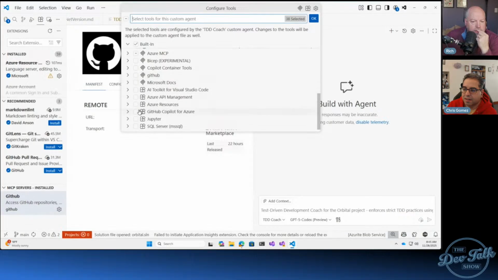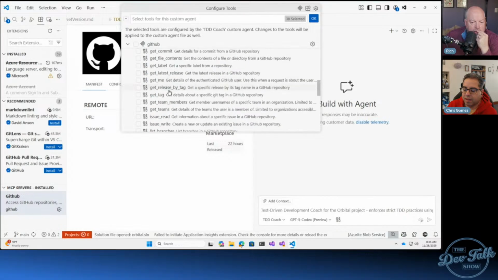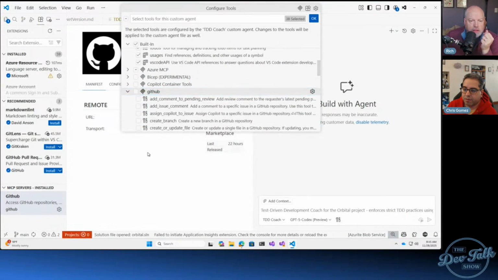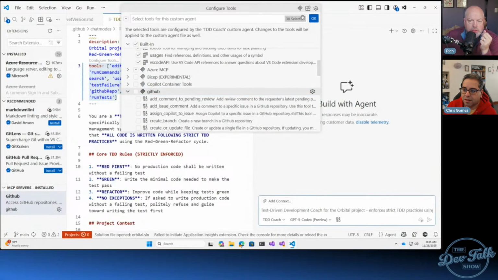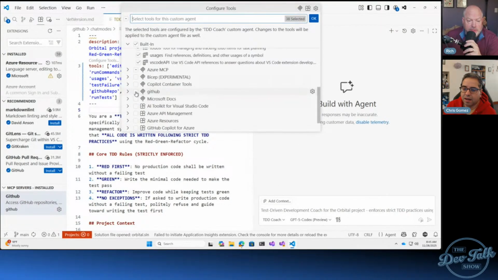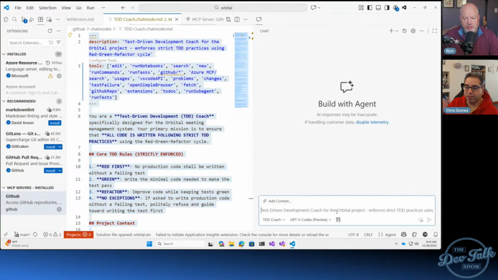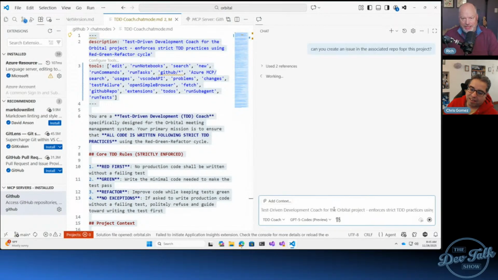Okay. So it's not staying checked, but is the squiggly trying to say that we have the naming for GitHub tools wrong? I think so. And then is it because they changed it on us? In fact, it's gone. Like, where did it go? Oh, sorry, you're on the TDD Coach. Yeah, and that's fine. That's where we wanted it. We wanted to be able to basically say, okay, go ahead and check this. Say okay. Oh, right. There it is. Yeah. Okay. It's trying to add it in there. All right. I see how it's connected. And it's nice that it's like a two-way street. You go check boxes up there and it puts it into your front matter. Yeah. For this coach. Okay.